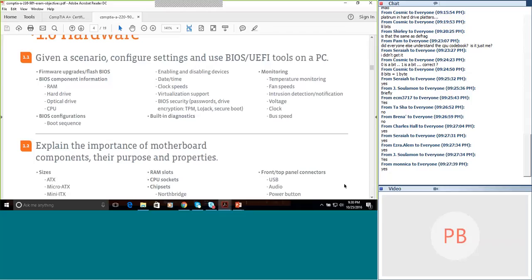Once you understand the objectives and things about the boot sequence, then you know most likely the person has a CD in the disk drive. Because if the boot sequence says the first thing you boot from is CD or DVD, and then you go to the hard drive, which is the basic configuration for boot sequence, it looks for the DVD first. Why? Because if you're experiencing problems with the hard drive, you want to be able to put in a system disk or